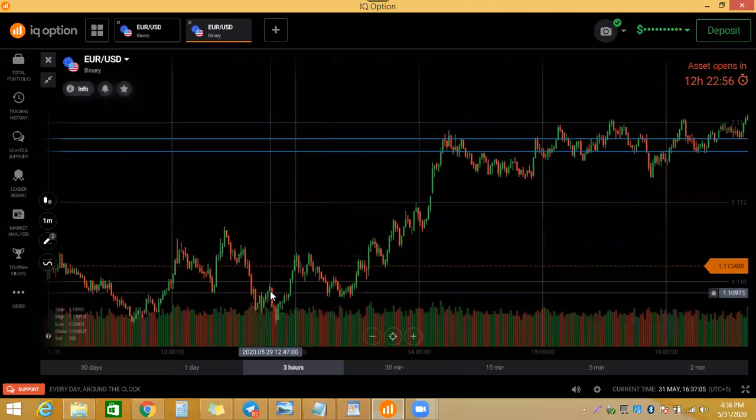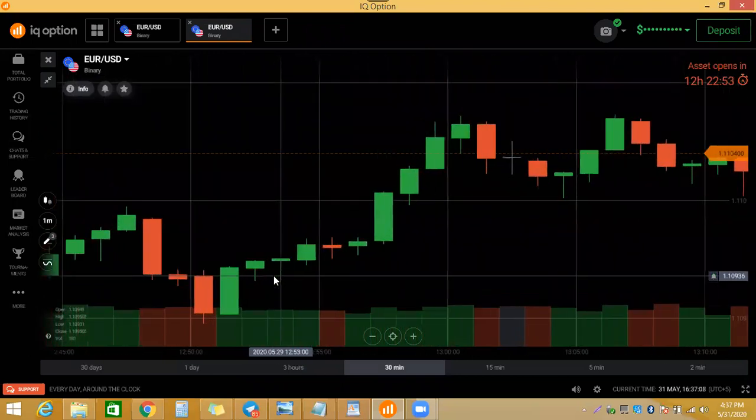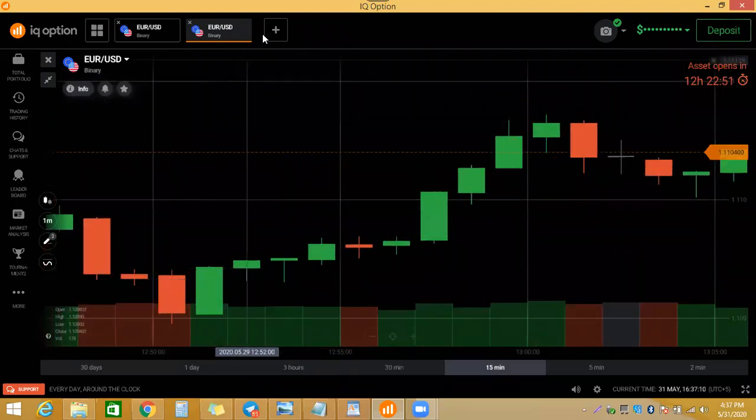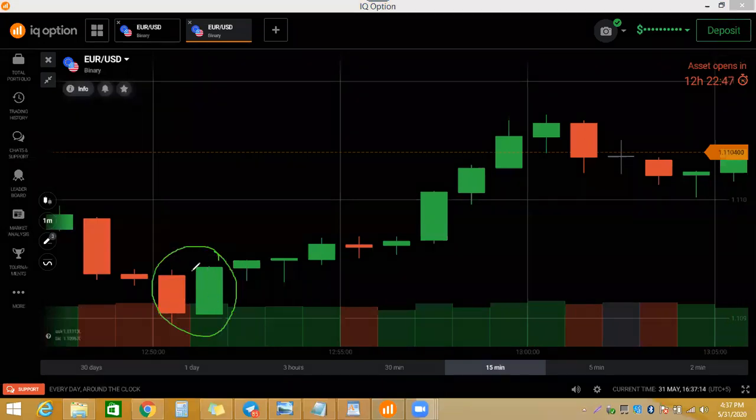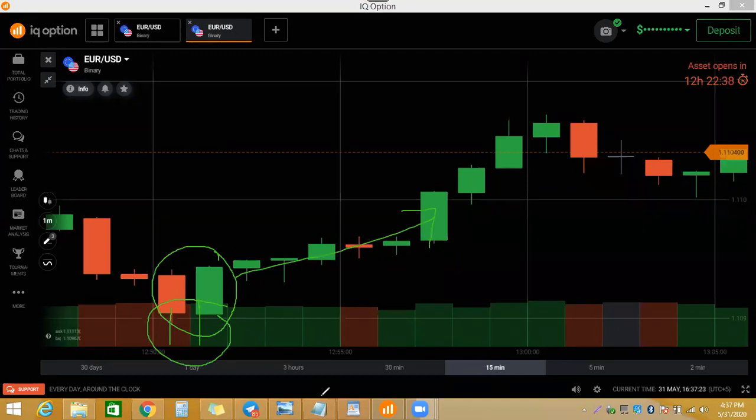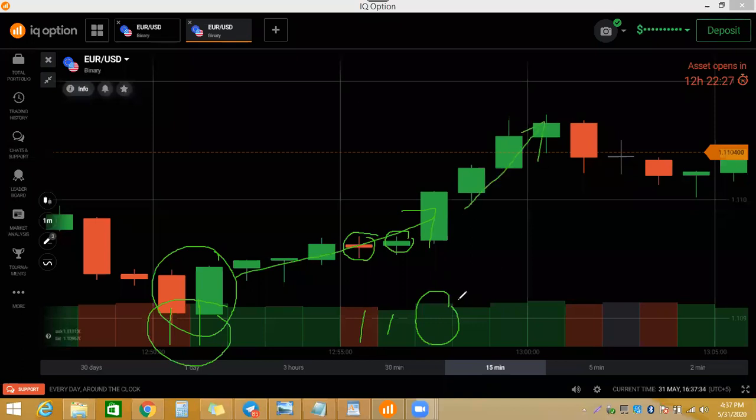Just for the single pattern, this pattern, okay, here we see the engulfing. If you find the engulfing candle, and if you find the bars look like an engulfing, the trend will continue. Here this candle and this candle do not validate the volume, but this candle gives us a clear information that volume is increasing. You can continue the trend, it will continue. For 1 minute, 2 minutes, you can trade.